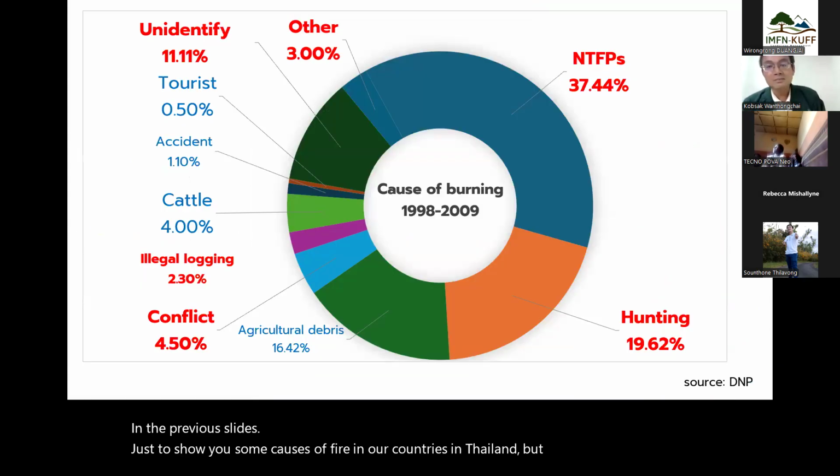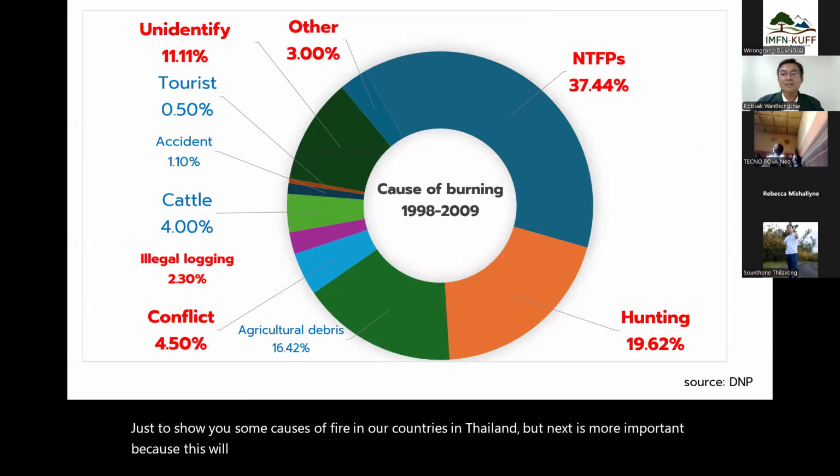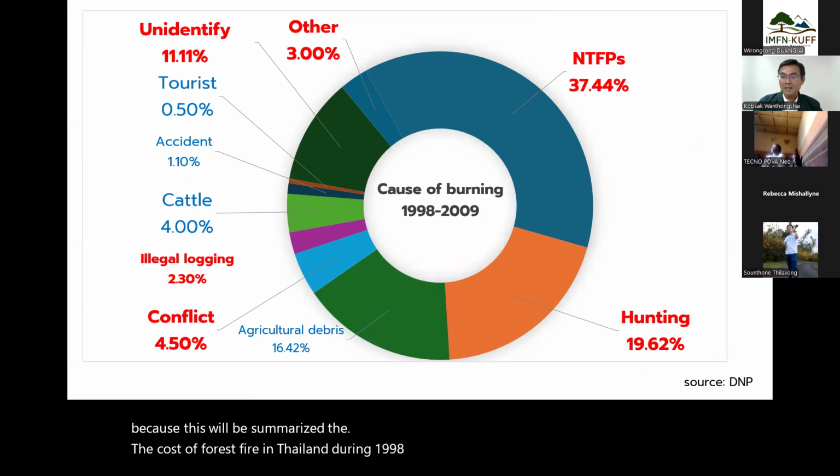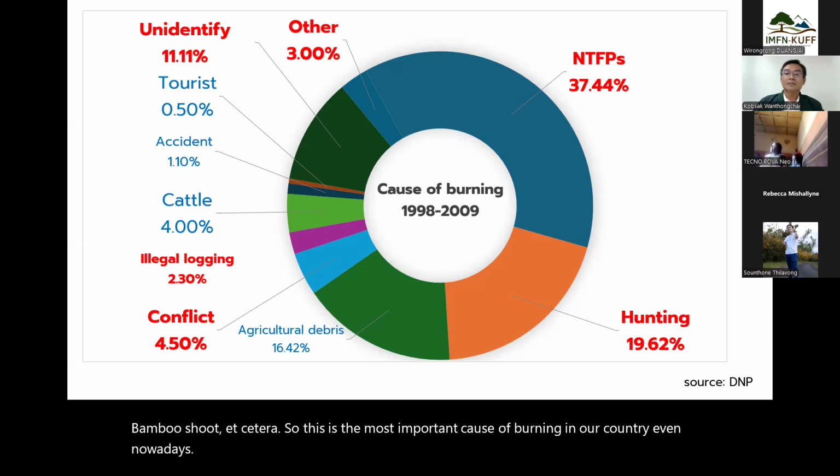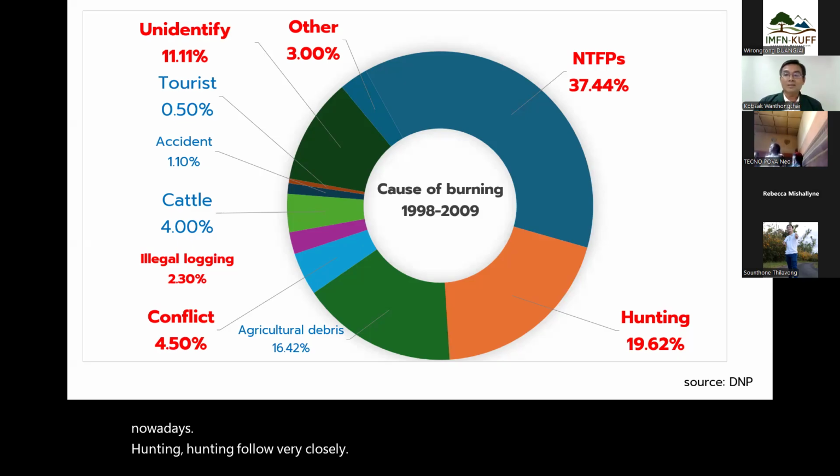But next is more important, because this summarizes the causes of forest fire in Thailand from 1998 until 2009. What you can see from here is that the leading cause, accounting for nearly 37%, is burning for non-timber forest products, especially mushrooms, edible plants, bamboo shoots, etc. This is the most important cause of burning in our country, even nowadays. Hunting follows very closely, at around 20%, where people burn the